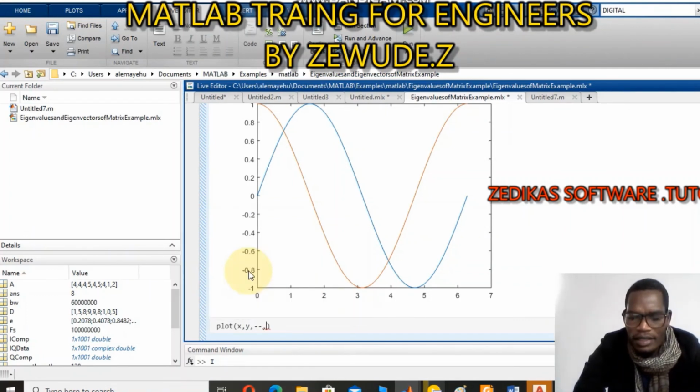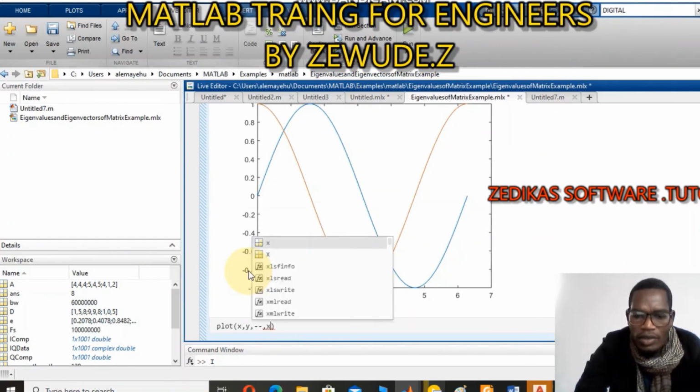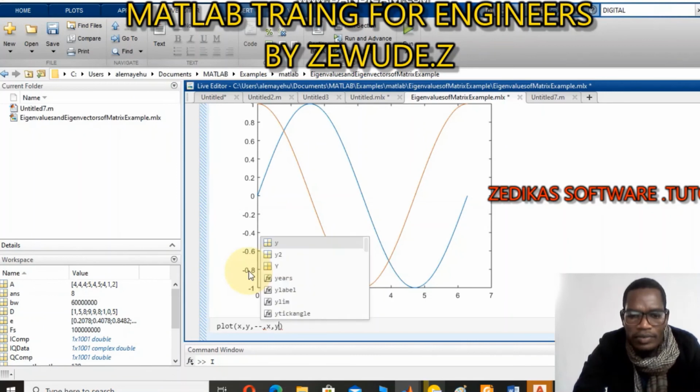The second is the y graph, so the y graph is x comma y2, which is again separated by a comma, and let's